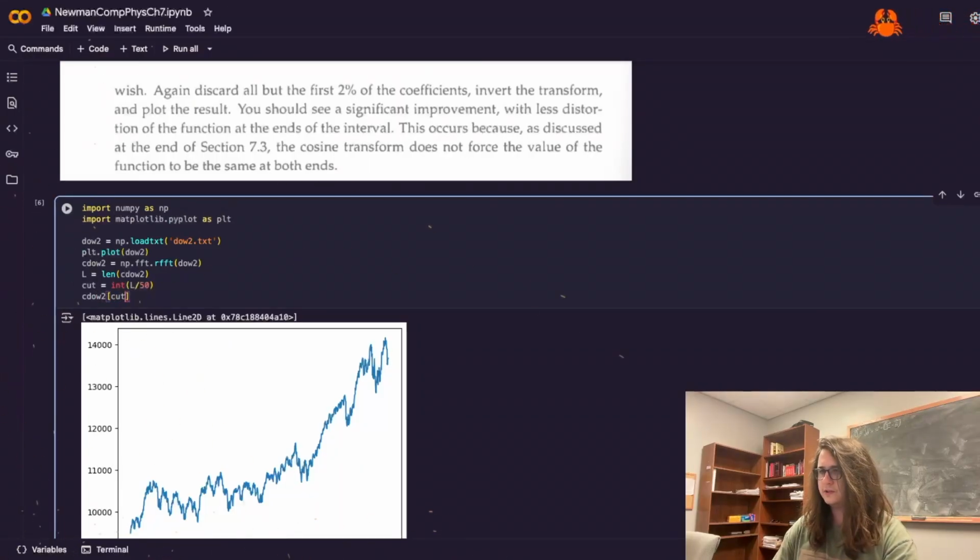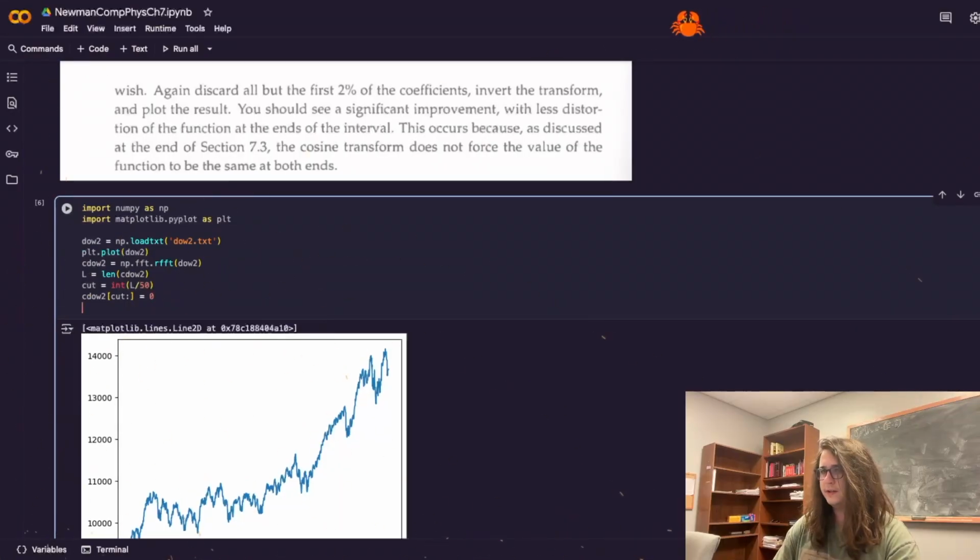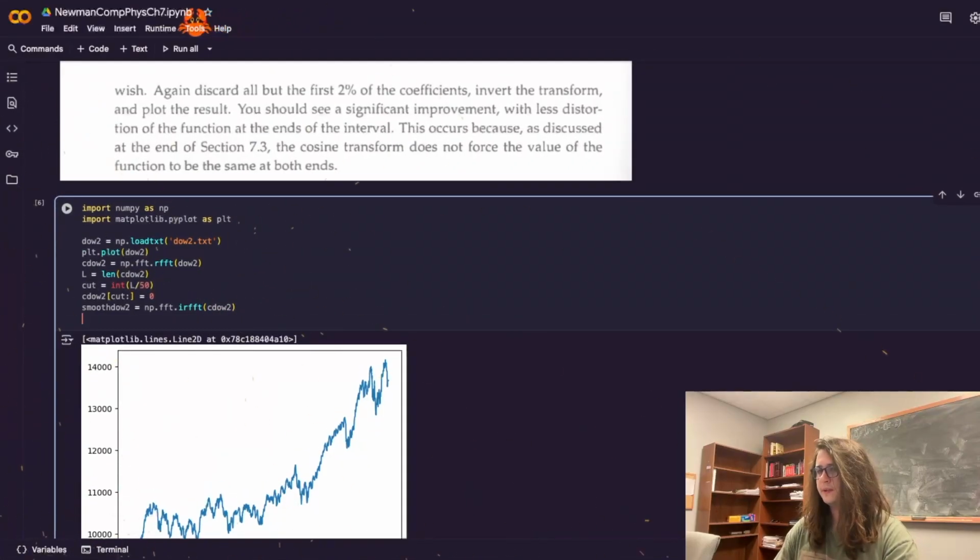And so just set all but those first 2% to 0, then run it through the inverse Fourier transform, c dow2, and then plot that on the same thing